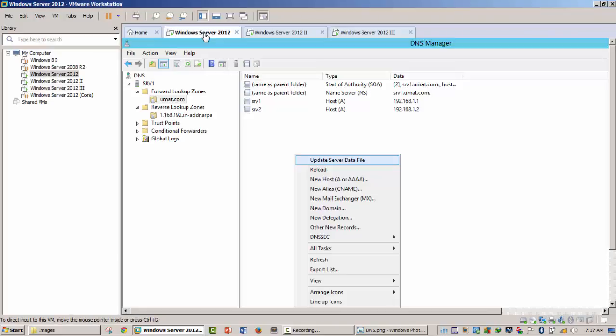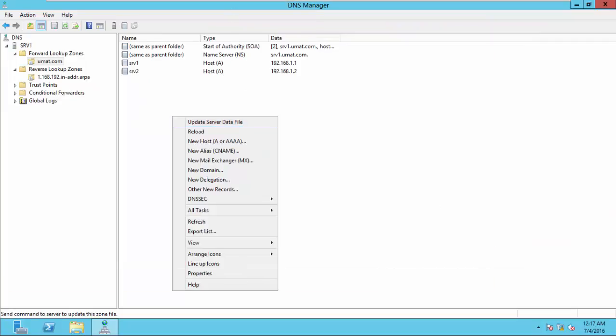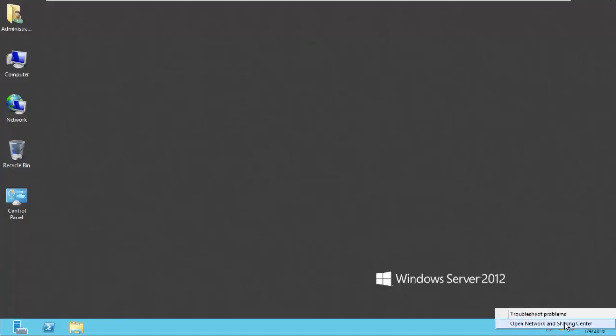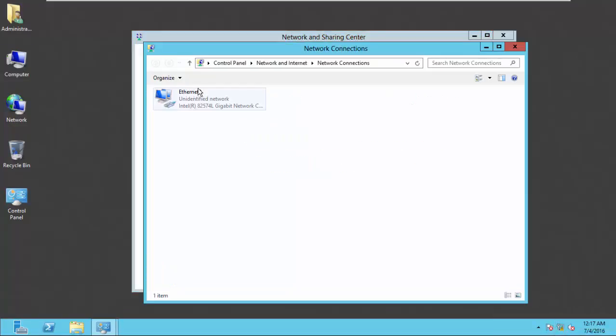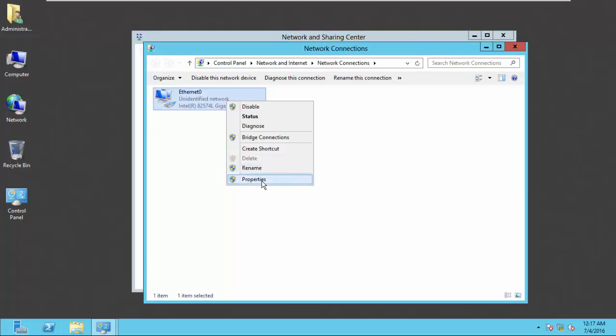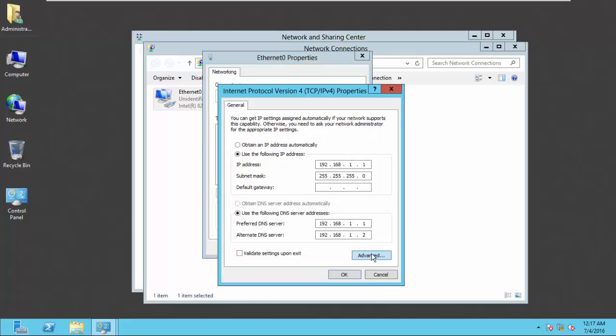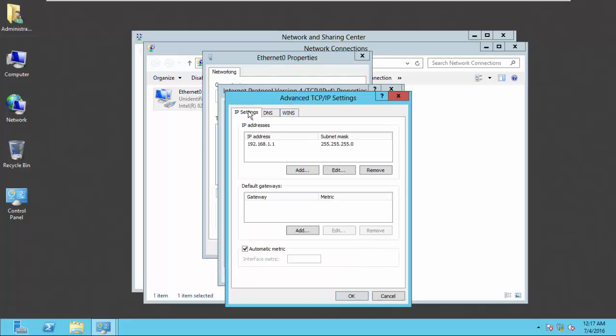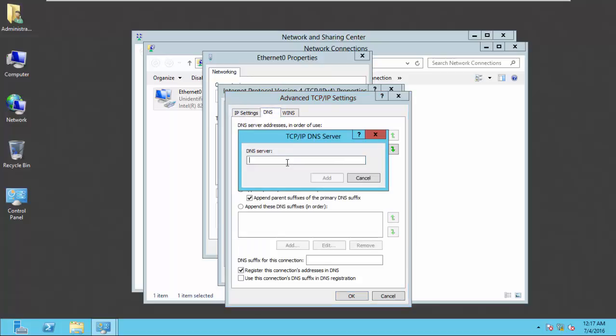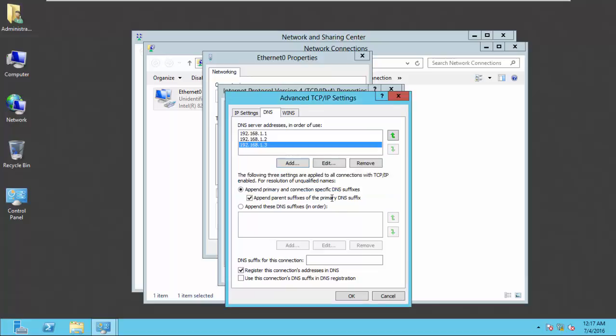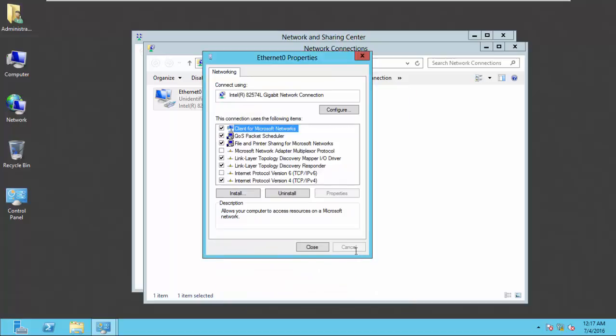So I'll go to my primary DNS server, and then I'll go to the network connections console, and then I'll go to the properties of my Ethernet adapter, and then I'll click advanced over here. And mind you, you don't add the IP address here. These are for IP addresses. You select DNS and then you add the third DNS address. So I'll type 192.168.1.3 to be my third DNS server address, and I'll go OK here, go OK, click close,